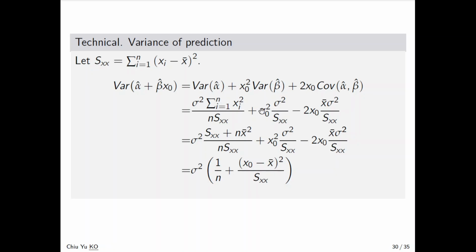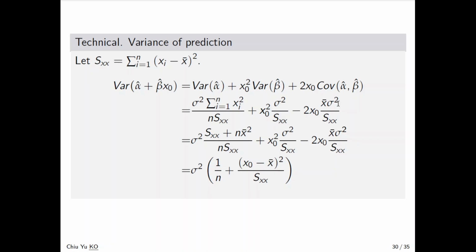With simple manipulation, some terms cancel out and you get n x bar square. The 1 over n and n cancel, leaving x bar square, and you can easily see that we complete the square and it equals this one. What remains is to show the covariance